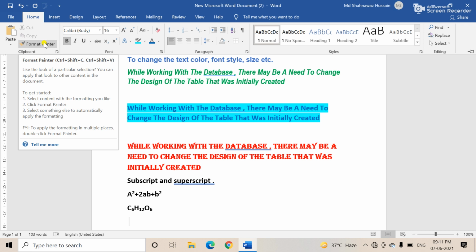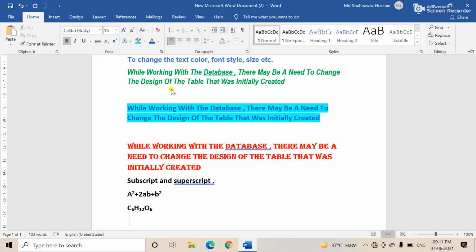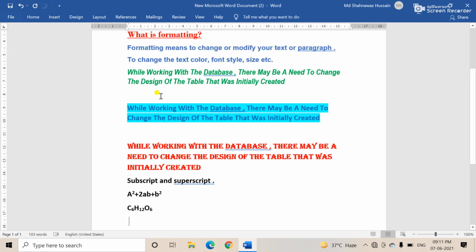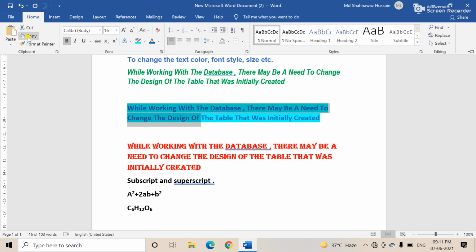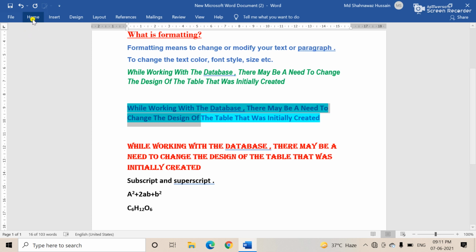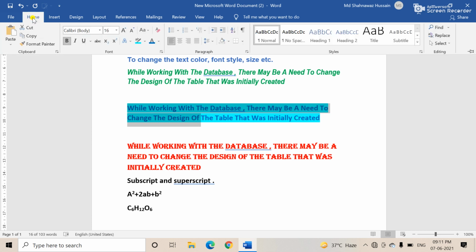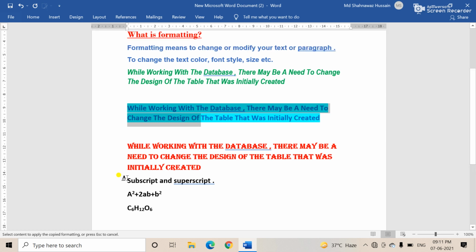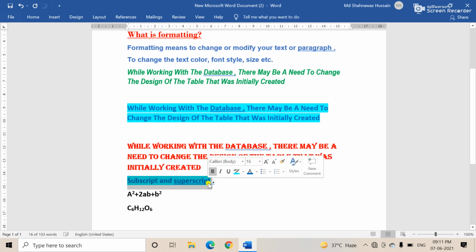For example, suppose this one, you select, then press Control C or the copy option, like this, copy. Then again you click, then format painter, then click. See, this brush is coming in your cursor like this, means your format painter is ready.